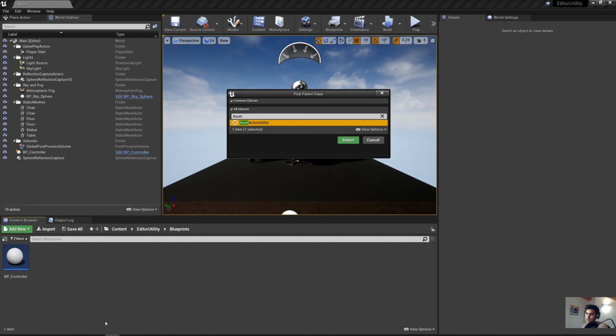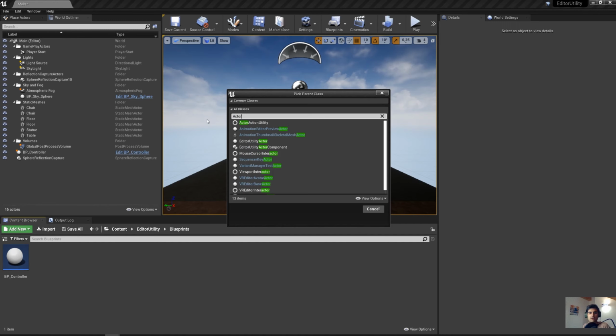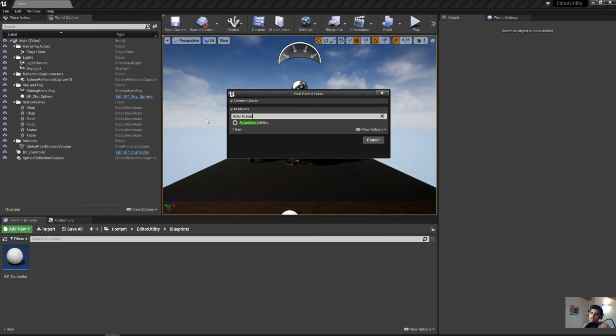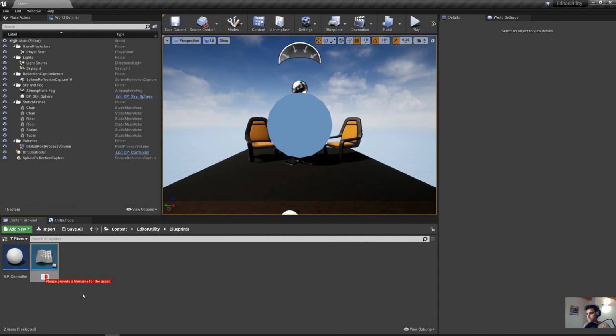Asset, which means what you have in the content browser. But you have also actor action utility. Actor means anything that you have in the outliner hierarchy, the World Outliner, and also in the viewport. So let's just go for the actor action utility first. I'm going to call it Blueprint